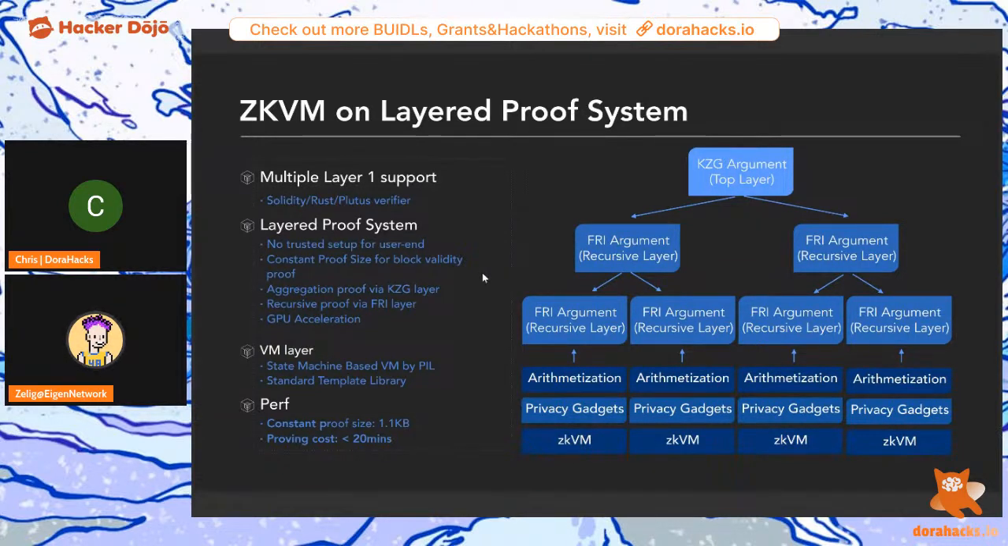And we have aggregation proof via KZG layer and recursive proof via FIR layer. We know that many projects are currently exploring the hardware acceleration of zero knowledge proof, and we are currently conducting the related research. And the VM layer is state machine-based VM by Pale. We have added our private computing capability based on the Polygon Hermez open source implementation, and we support standard template library. And for our performance, the current consistent proof size is 1.1 kilobytes, and the proving cost is less than